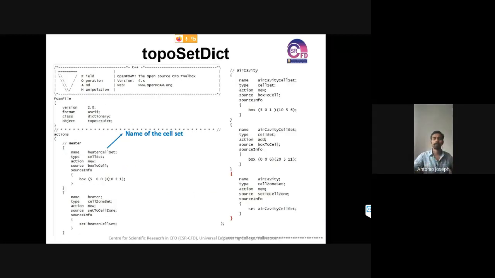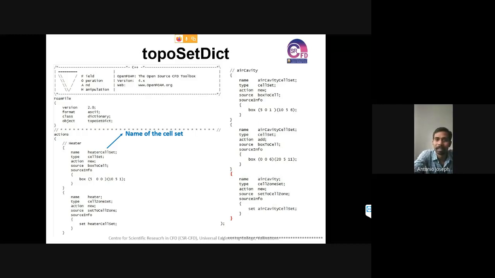Now comes an important point. This is the topoSet dictionary. We'll be using this dictionary file for creating the geometry. This is the second time we are coming across creating boxes. Initially, in the bounding box, you might have seen two coordinates, one minimum coordinate and one maximum coordinate. The same thing we are applying here.